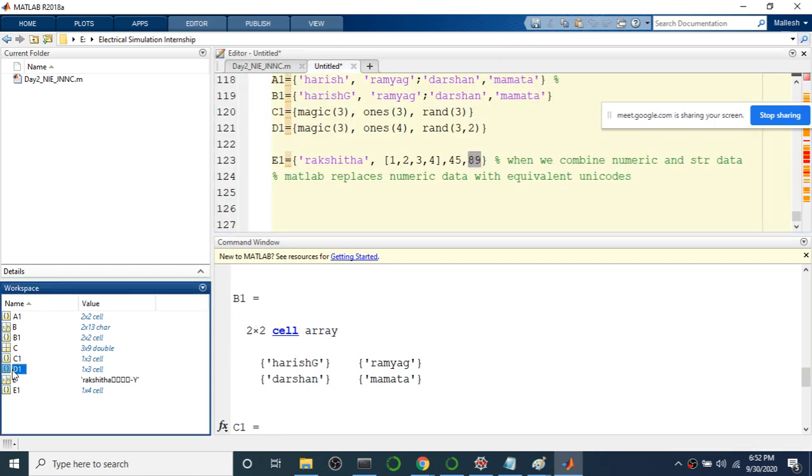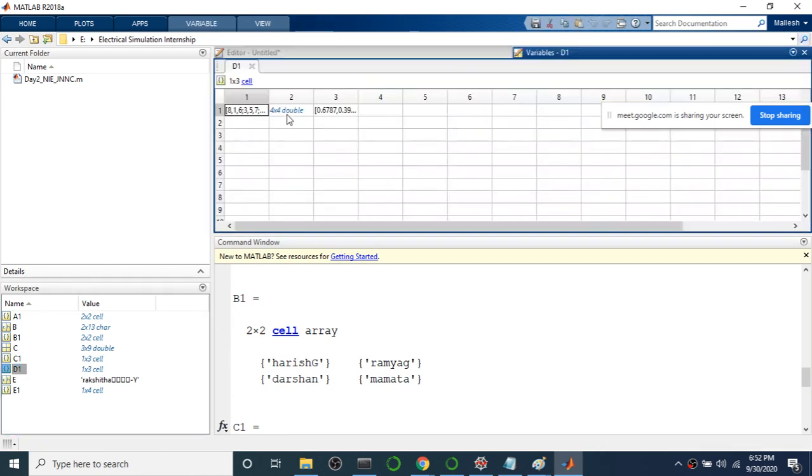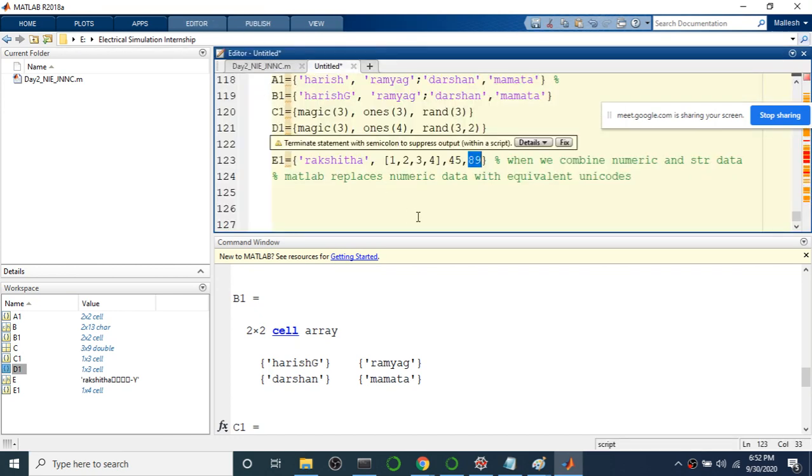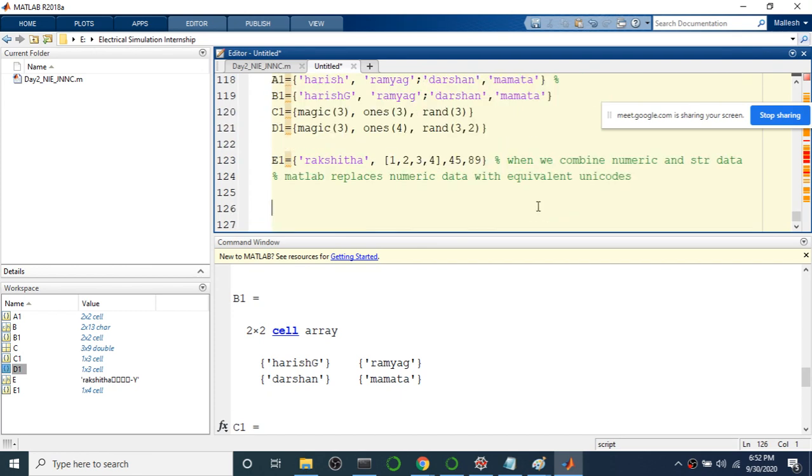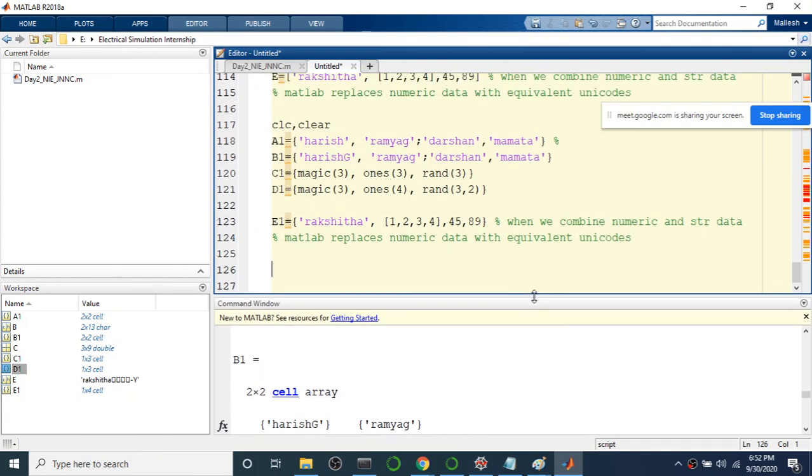So these are cells, and within the cell the content can be any values. Okay, that's why you won't be getting any errors here. So that's the usage of cell arrays. Normally when you want to store heterogeneous data types, you may use it, or in any case where you want to store input data, like various test cases if you want to build them. Instead of storing in multiple variables, you can store them in a cell array.